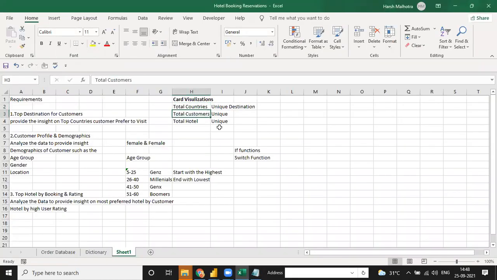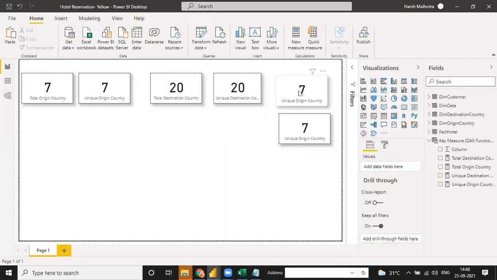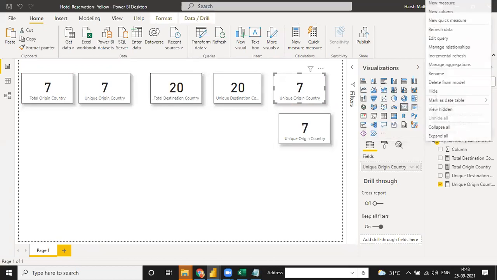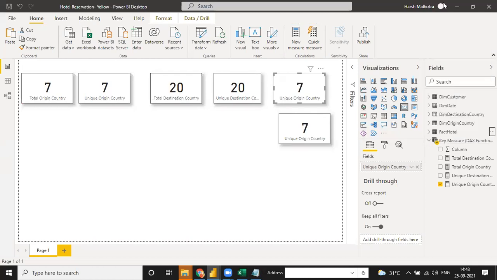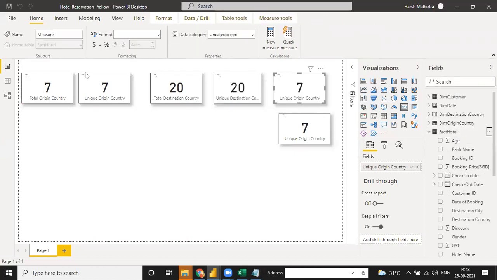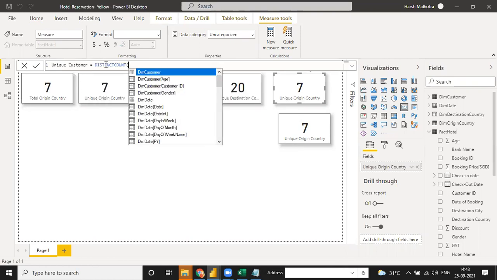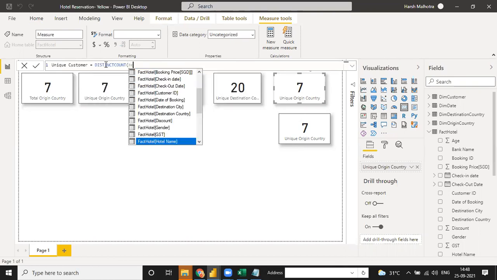Now the second thing, total customer guys. For total customer, we have a customer table as well as a fact table. So you can use any of the functions. So right now I'm using new measure. Right now I'm using a distinct function again for the customer table, and write it as listing count, and we are using hotel.